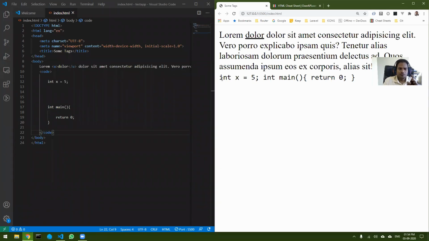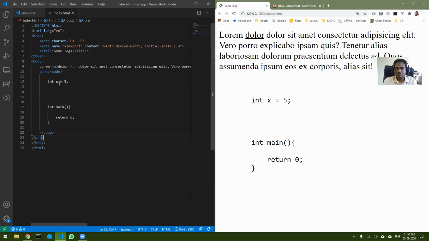So now for formatting it the way it looks on the screen, you just have to add a pre tag in front of it. So if I wrap the entire thing in the pre tag and save it, you can see now it looks exactly the same way it looks over here. Because there is additional space over here, that's why it is having space over here also. So if I add additional space over here and save it, you can see the int main goes over here. Same thing, if I do not use pre, then it will all come in a single line.